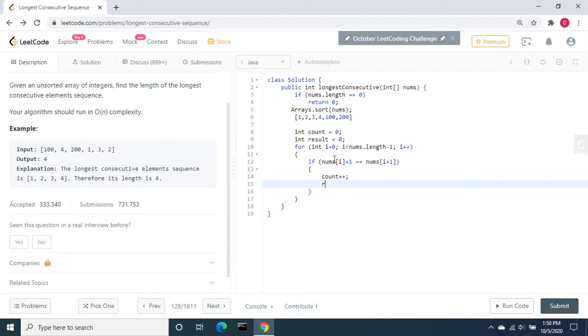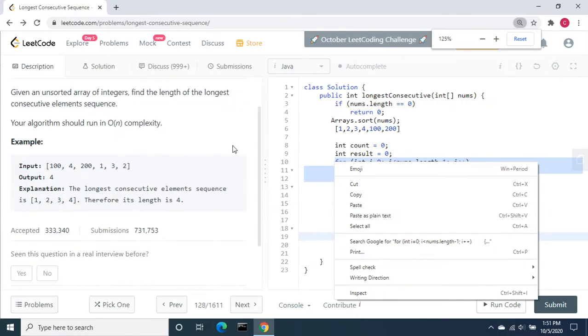To store that, I'm going to use result equal to Math.max of result, the current result, and count. Whichever is maximum, it will store in result. If that is not matching, we need to reset the count, so count equal to 0.